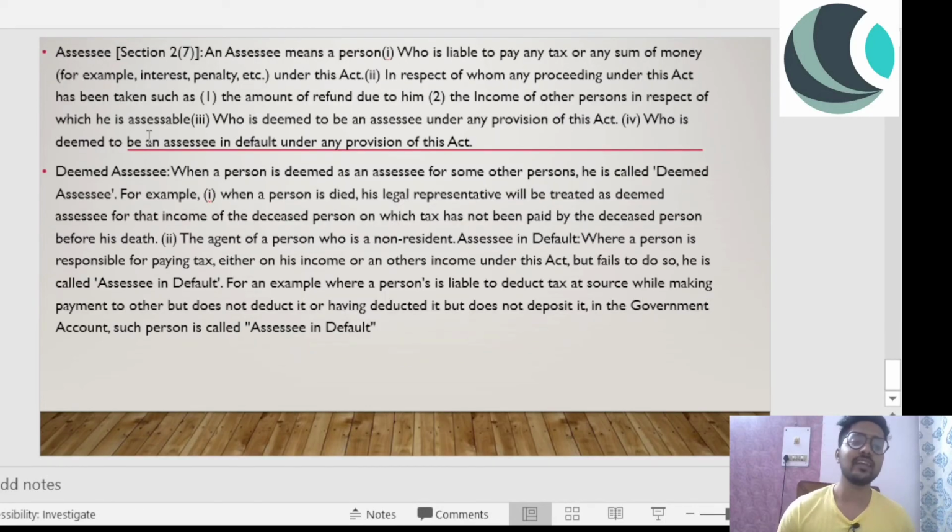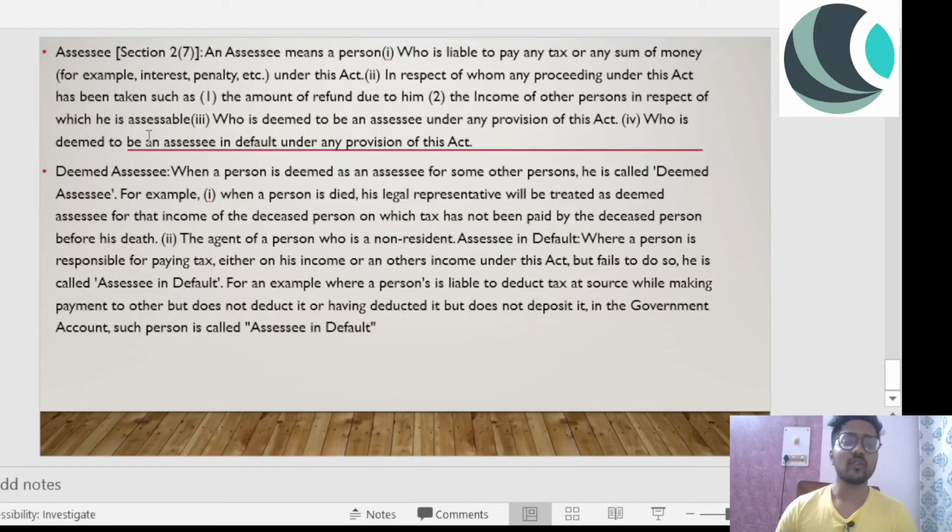Now I'll quickly revisit what is an SSE. According to this Act, Section 2, Subsection 7, an SSE means a person who is liable to pay any tax or any sum of money under this Act. That could be interest, penalty, etc. So, under the Income Tax Act, it's not that your income should always exceed a limit, only then you will be categorized as SSE. Even if you have to pay some interest or some penalty, even then you will fall under the category of SSE,